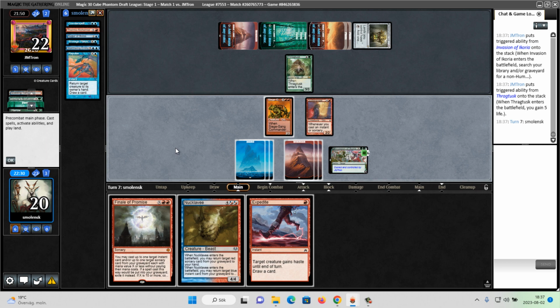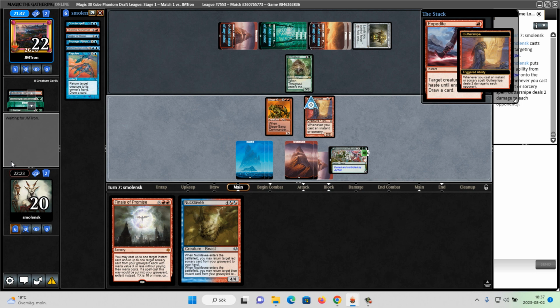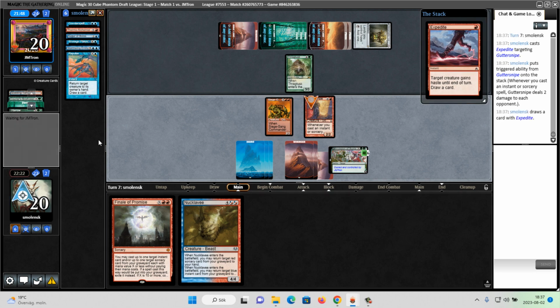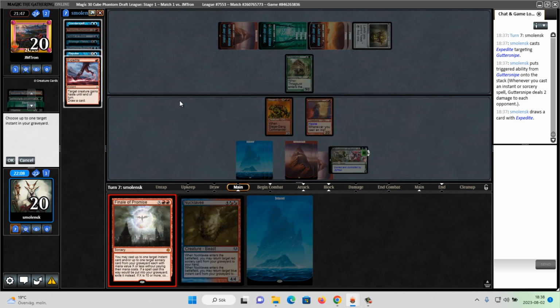I can also start with Expedite and maybe I can get back Expedite, draw a card. Although we shall see, maybe I'll draw something better. I can also Nucleavi. No, I can't. I don't have a red sorcery. Bouncing Thragtusk is just so bad. Alright, let's cast just